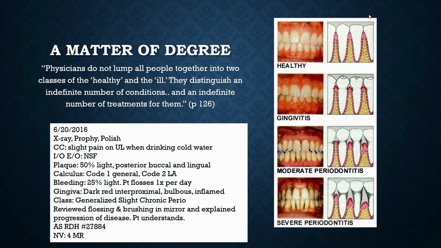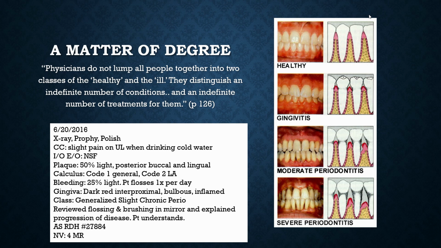A matter of degree. Physicians do not lump all people together into two classes of the healthy and the ill. They distinguish an indefinite number of conditions and an indefinite number of treatments for them. So when talking simply about periodontal disease, there are many, many classifications. There could be acute, chronic, early, moderate, severe. We could talk about the bleeding. We could describe the gingiva. We can say one patient has gingivitis and the other one has gingivitis, but they are not the same. So we need to use language to describe those different